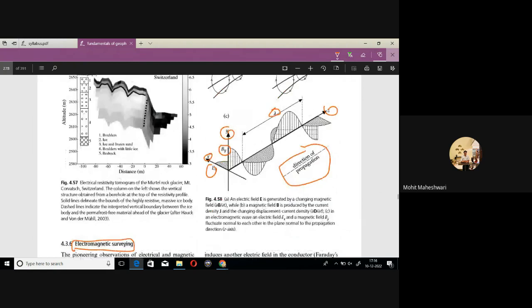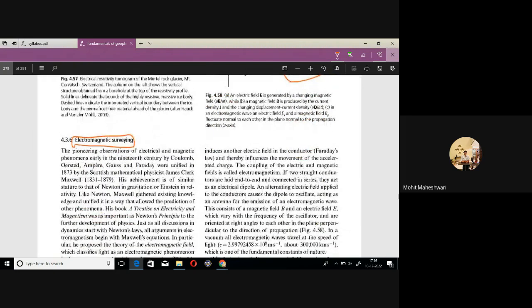Okay, so a changing magnetic field will induce an इलेक्ट्रिक फील्ड in the conductors. This is known as Faraday's law. ताकि एग्जाम में बेसिकली, इलेक्ट्रोमैग्नेटिक आपका जो प्रीलिम्स का एग्जाम होगा उसके अंदर इलेक्ट्रोमैग्नेटिक सर्वे से एटलीस्ट 2 क्वेश्चन आपसे पूछे जाएंगे। तो आपसे क्वेश्चन पूछा जा सकता है कि फेराडे लॉ ऑफ इंडक्शन क्या शो करता है, राइट। So you will say that the changing magnetic field